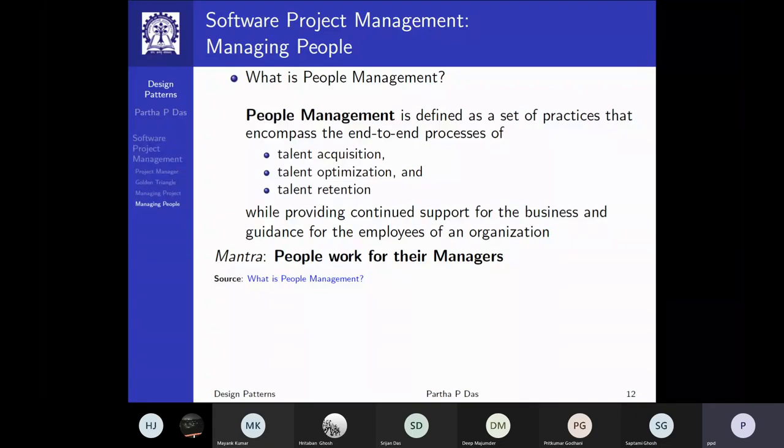These are important. But as it turns out, after several surveys in several organizations and several projects, the primary factor people work for in a project or in an organization is their manager. You may have a great technology, you may have a great project, but if you do not have a good manager, then you will not have a good life. You will not have a good experience. So for the project manager, it is very critical to communicate with the people and manage them.